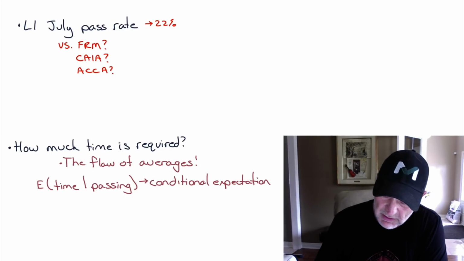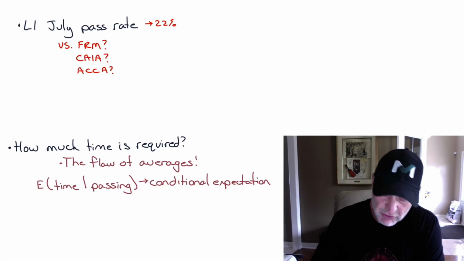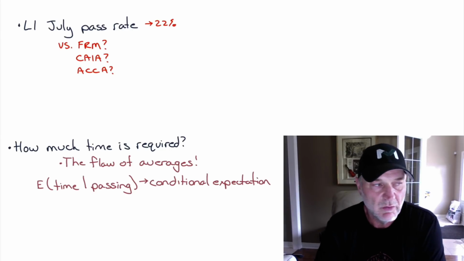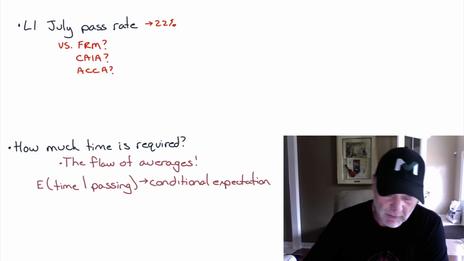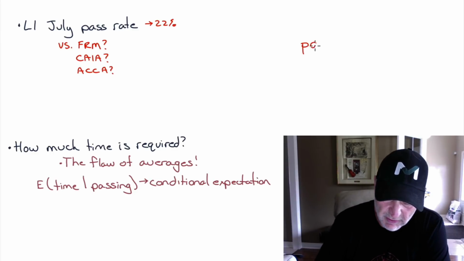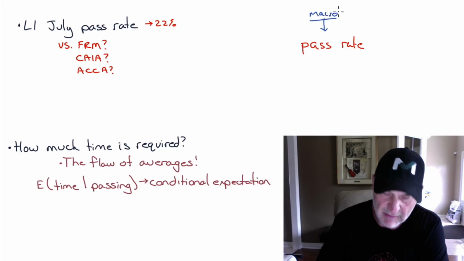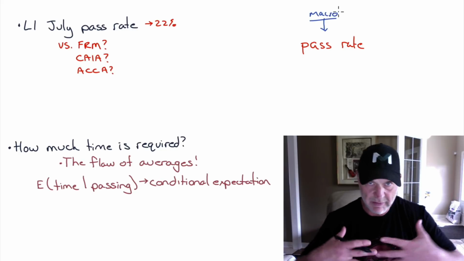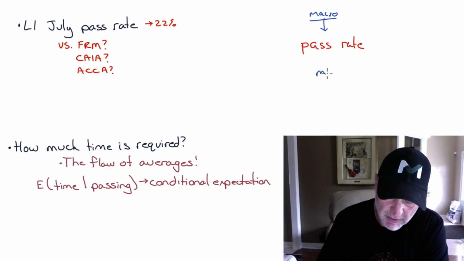So let's look at this pass rate from July, 22%. Whenever we try to explain something, and the thing that we're trying to explain here is a pass rate, we can take two approaches to explain pretty much almost anything. You could take a macro approach, and you can say, well, it's something at the level of the exam, perhaps that being the macro approach, or you could take a micro approach and say, well, it's something at the